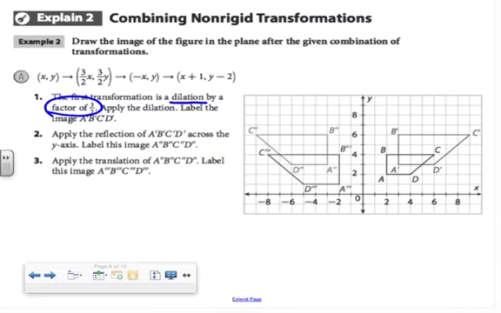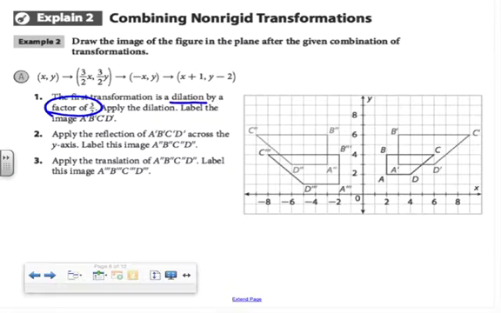And when we talk about the word dilation, what we're saying is that it's the same shape, but not necessarily the same size. And when we talk about its factor, sometimes we might see the word scale factor. That's basically what we're multiplying the coordinates by, or eventually the lengths by. Okay, so that scale factor, or that factor, is telling you how much bigger or how much smaller this dilation